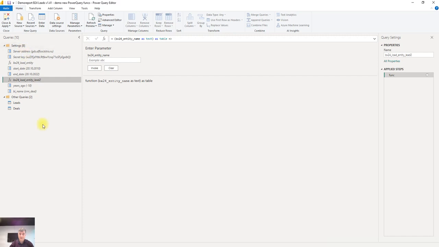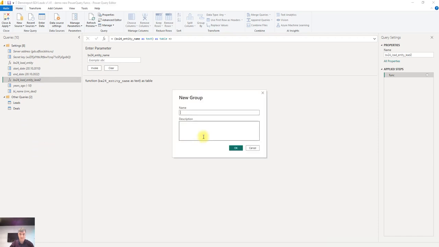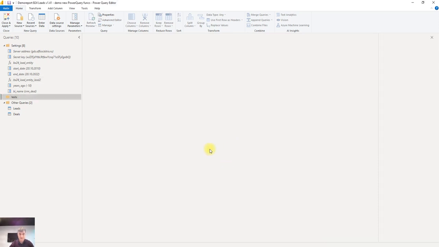You can also add, for example, folders here, new groups, for example, tests, and put functions in groups. For example,